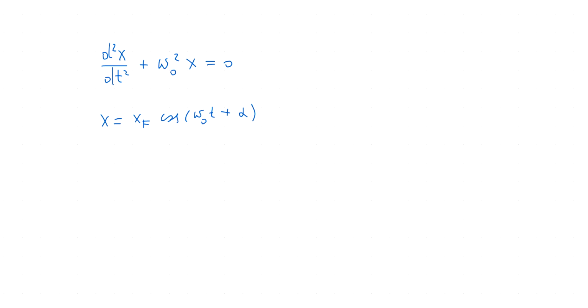So it means that cosine of omega 0 t plus alpha is equal to cosine of omega 0 (t plus t0) plus alpha, where t0 is the period of free undamped oscillations,